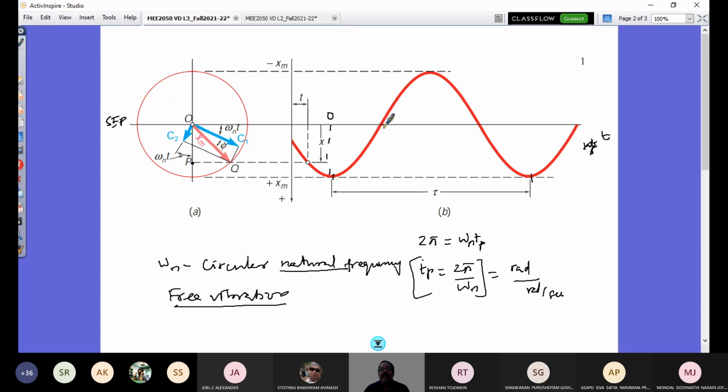It is 0, and here it is pi by 2 omega n, and here it is pi by omega n, here it is 3 pi by 2 omega n, and here it is 2 pi by omega n. So if this is my starting point, just on this I mark. That's why here it is not from 0 or something, nothing is mentioned, it's the t scale. So if I consider one cycle like that, here it's 0 and this is my starting